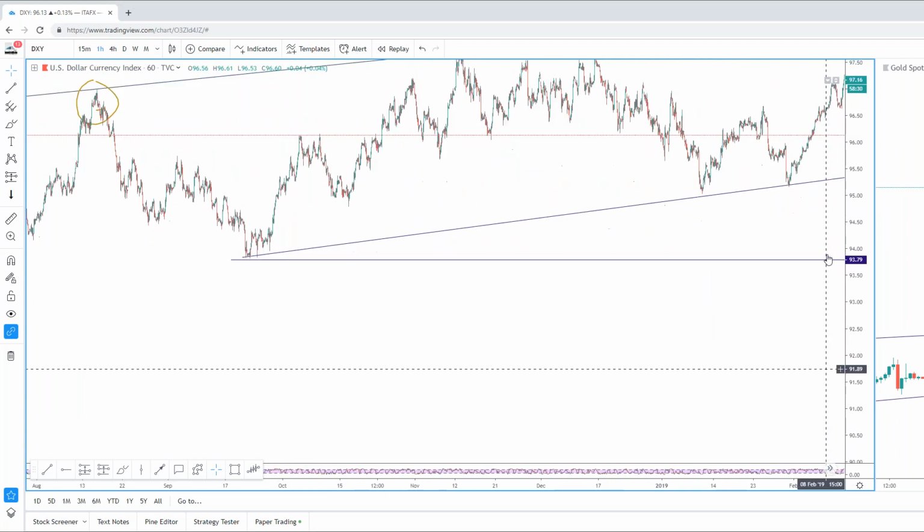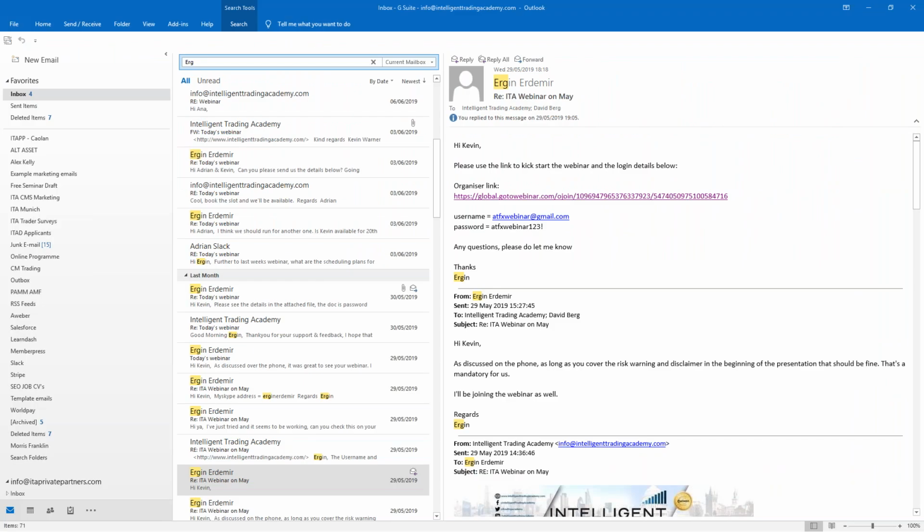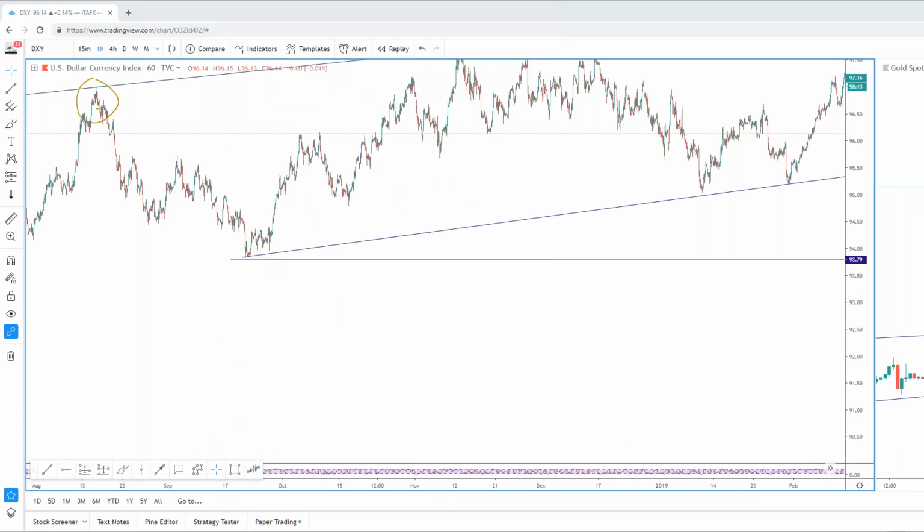Focusing on fundamentals, I do that about 10% of the time. Every morning I send out a daily report. I don't have it up, I don't think. I'll show you in an email. Every morning I send out a daily report to each and every one of our community members. In that daily report, I'll print the overnight economic news in Asia, the US, the currencies, the commodity markets, and then I'll also provide you with the economic calendar and the forecast for the days ahead, focusing primarily on the medium and high impact news. We need to understand it, but it is something that I'll pull into focus for each and every one of you.